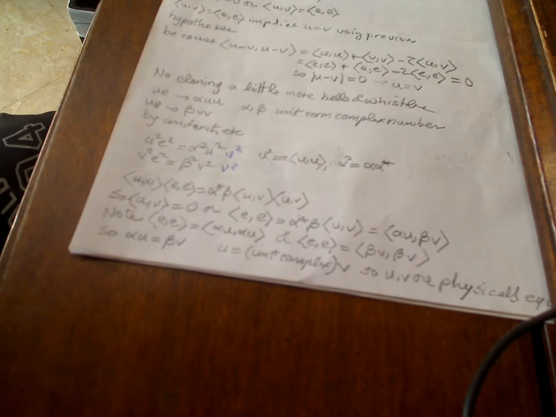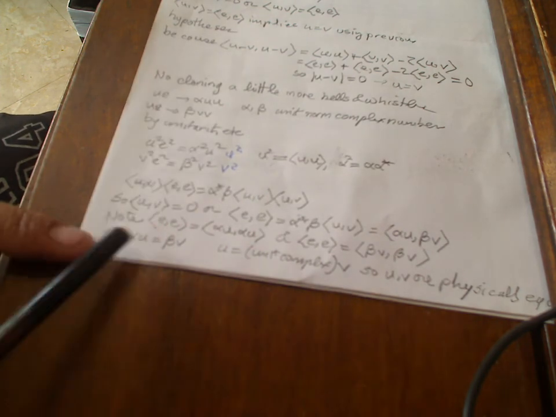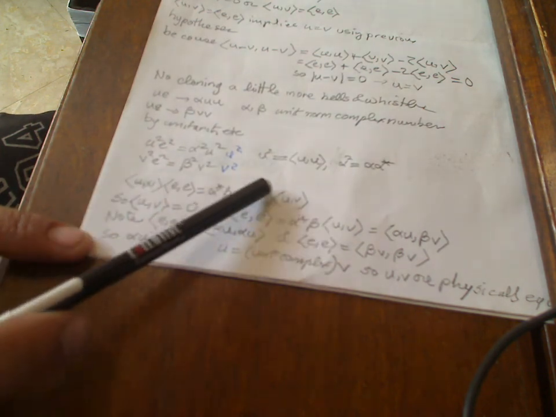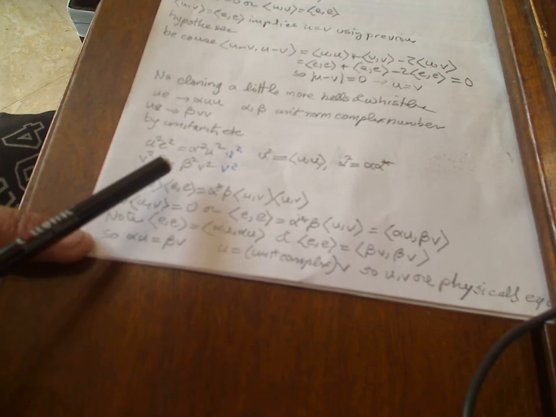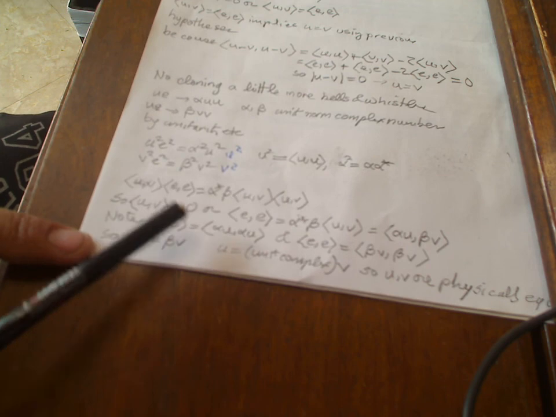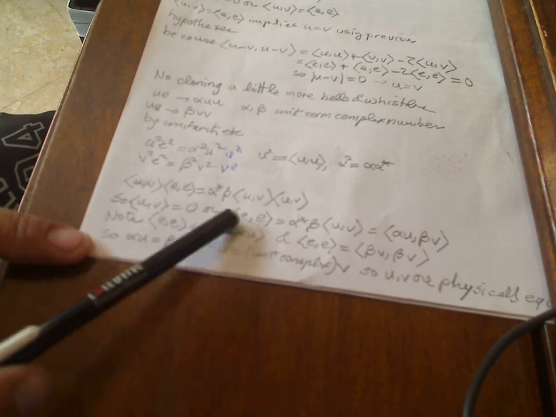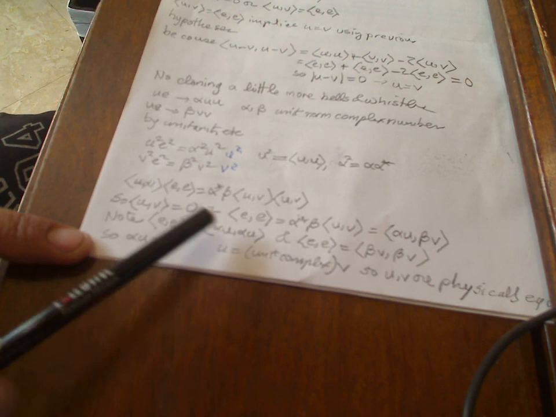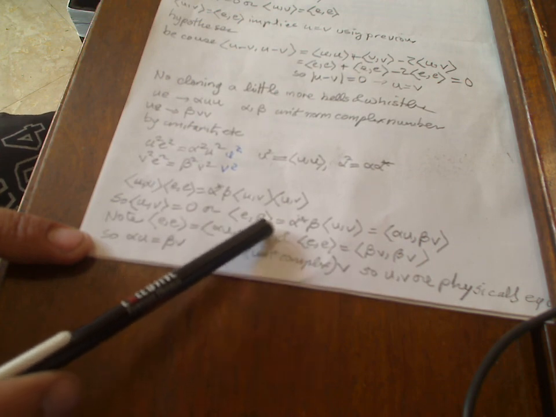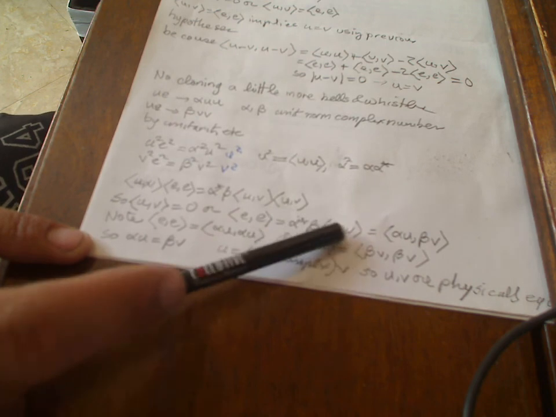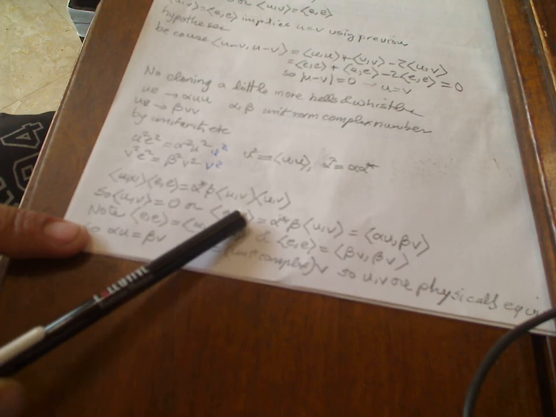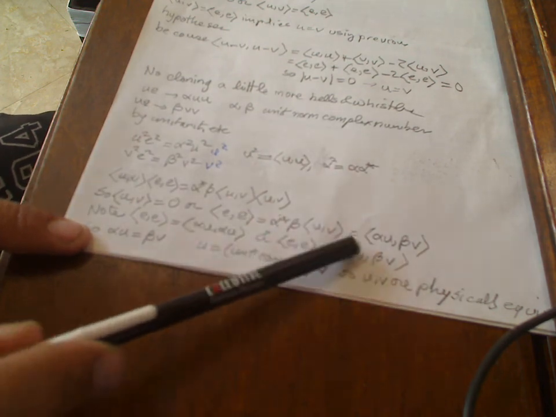All right. And now, again, either U comma V is 0, or if it's not, you can cancel these out, right? If the inner product of U and V is not 0, you get that the inner product of E with E is equal to this complex number here. But you can move the complex numbers back in, and you basically get that E inner product E is equal to alpha U